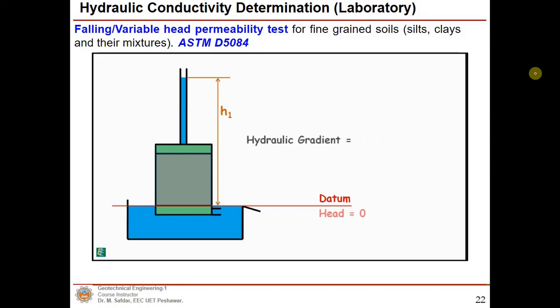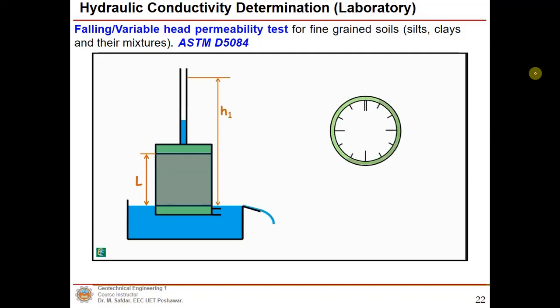Hydraulic gradient, which is the difference of inlet and outlet head divided by the length of the soil specimen in which the flow takes place, will only depend on the height of the water column in the standpipe, as outlet head is 0. When we open outlet knob, water comes out and overflows the container. We start a stopwatch and place a graduated jar to collect the overflow water. We collect the water for a fixed time interval T and note down the amount of water collected as capital Q.